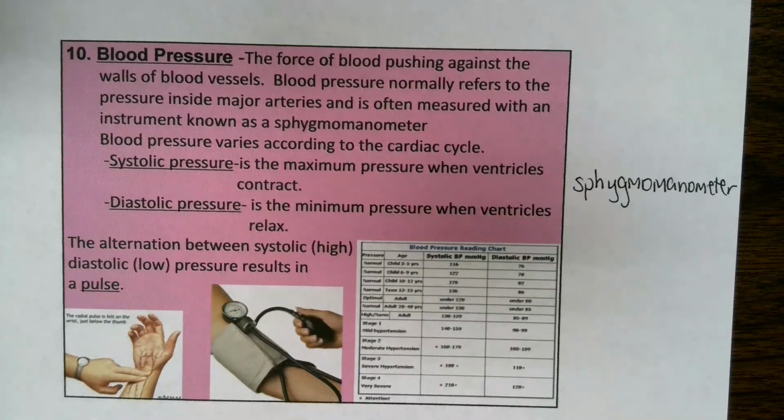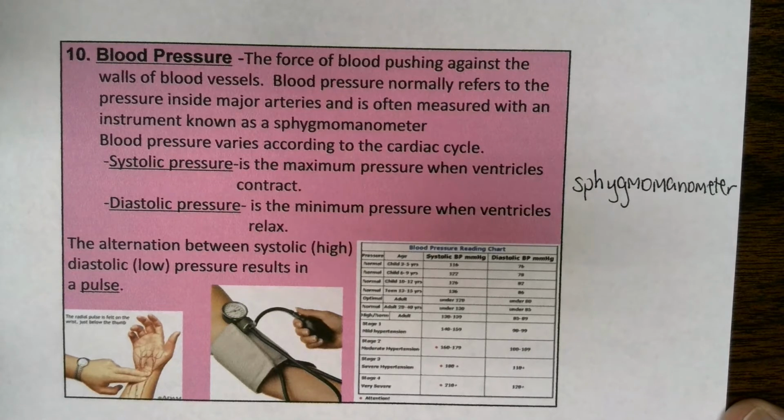All right, so this next section is going to be about blood pressure. By definition, it's the force of blood pushing against the walls of blood vessels. That's what blood pressure is. It's normally going to refer to the pressure inside the major arteries, such as the aorta, and it's often measured with an instrument known as a